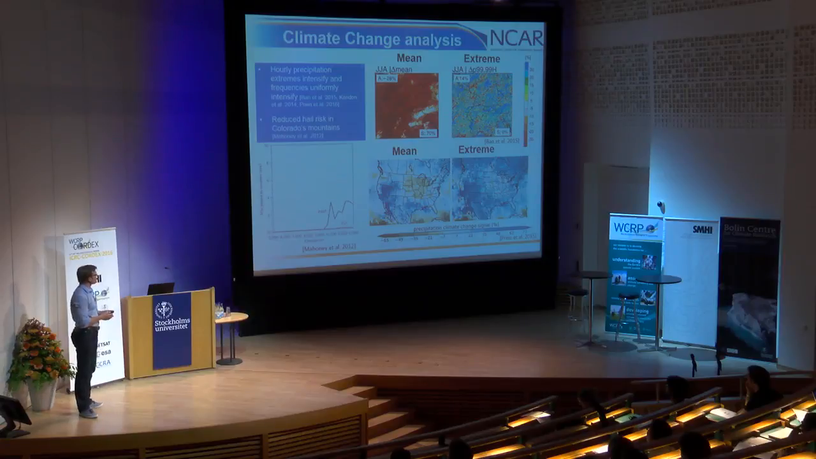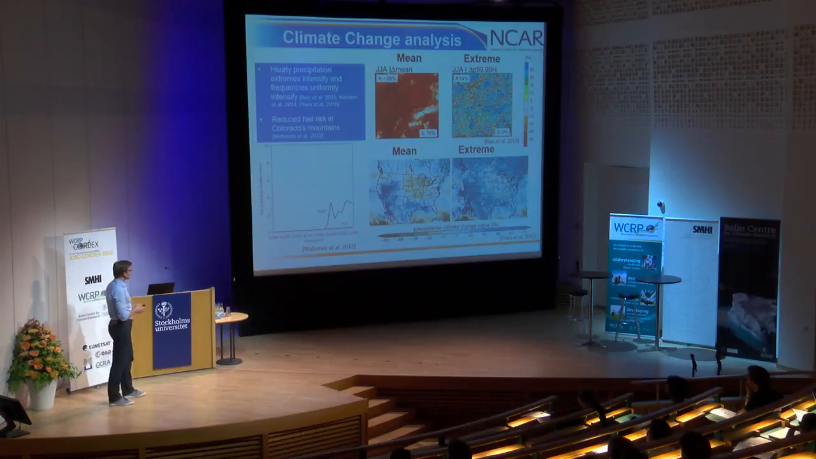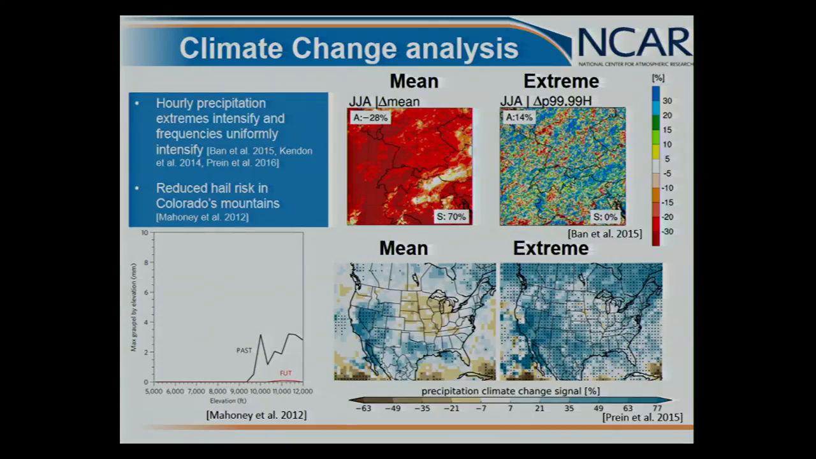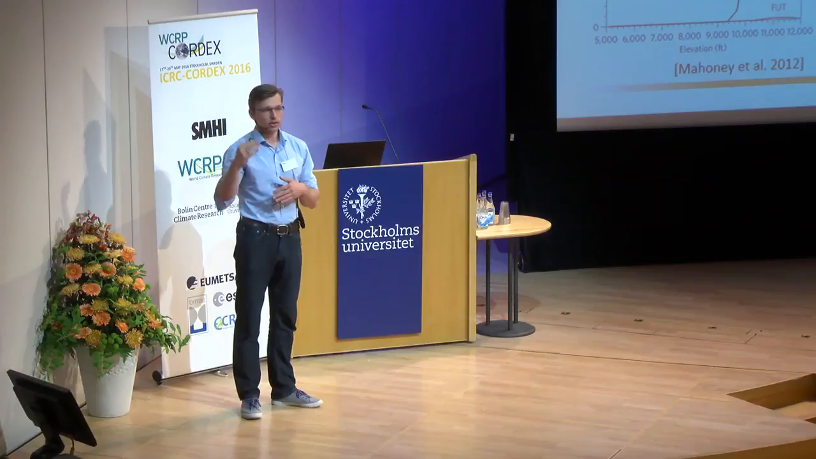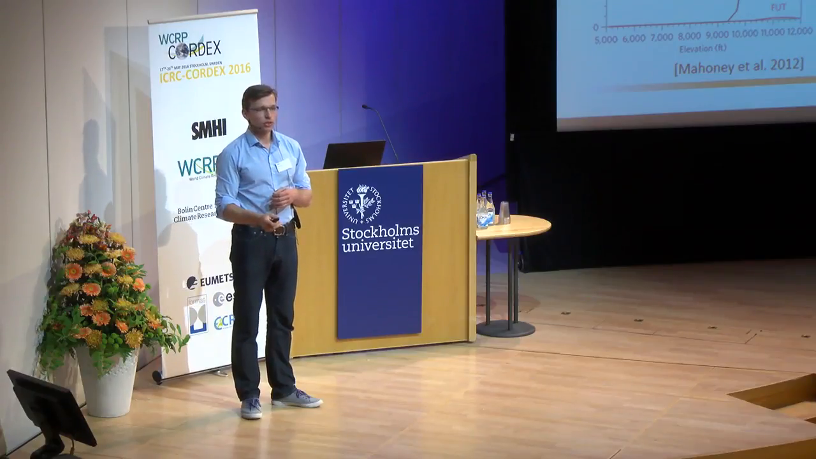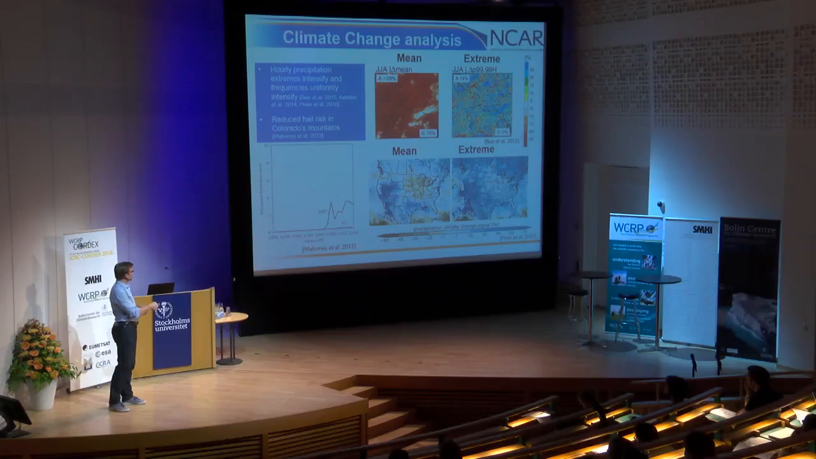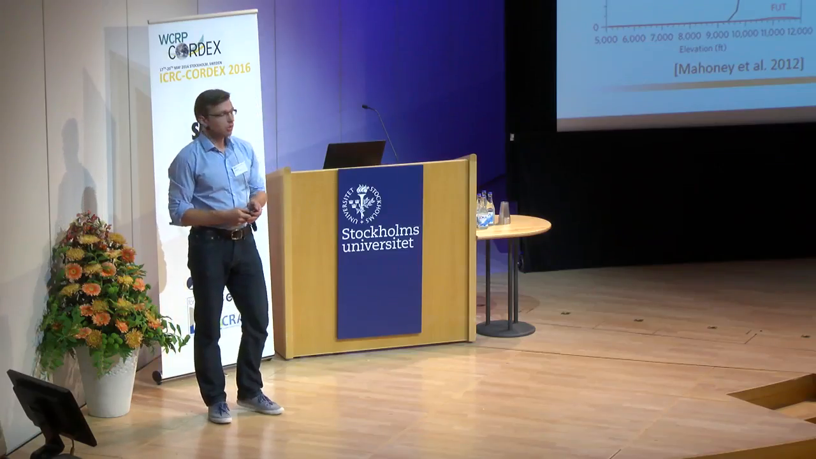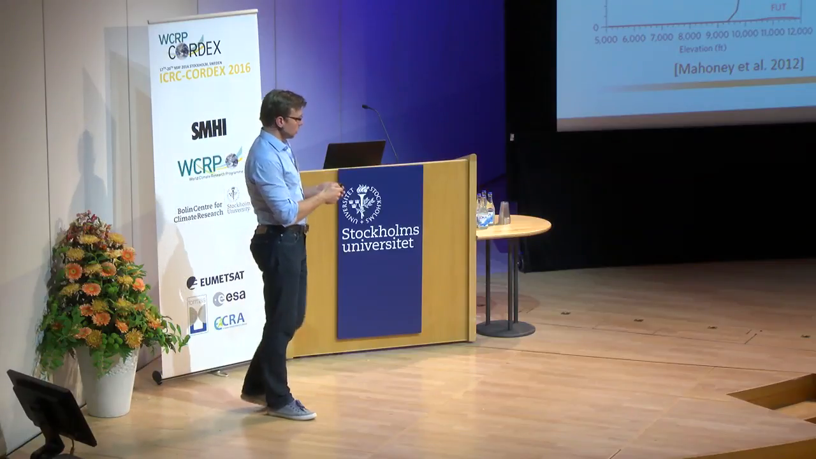Another study, which is very interesting, I think, is from Kelly Mahoney, 2012. What they looked at was the future of hail in Colorado. And what they found was that hail is almost vanishing from the surface at the end of the century. The reason here is that the melting level height is increasing, so the hail melts before it reaches the surface. And this is something you really can do with convection-permitting models, because now you really have the small-scale convection